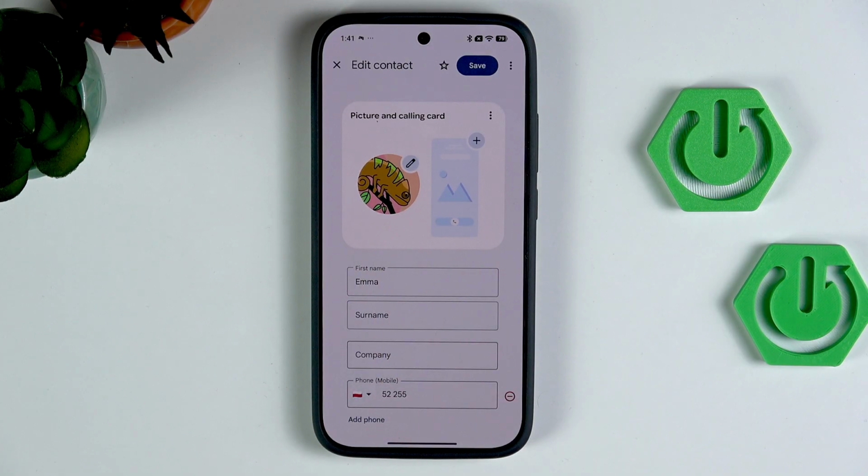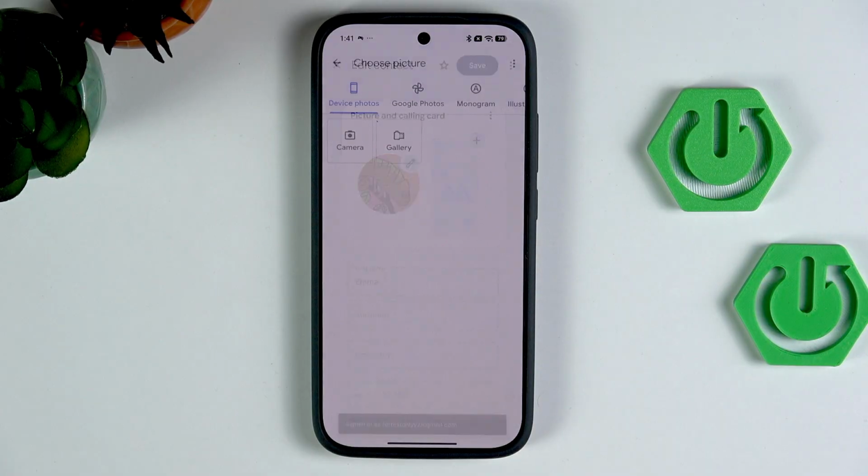And here we've got the picture and calling card, and even though I will focus on the picture, so on this one, I highly recommend to set also the calling card, so it is the incoming call background, so you can apply, for example, a photo of the place which you've visited together, etc, etc. Sky's the limit here, but let me focus on the picture, so let's simply tap on it, and now we